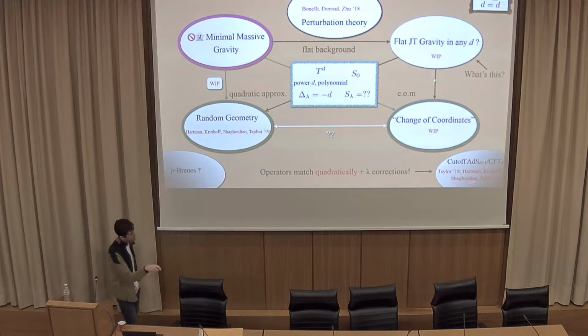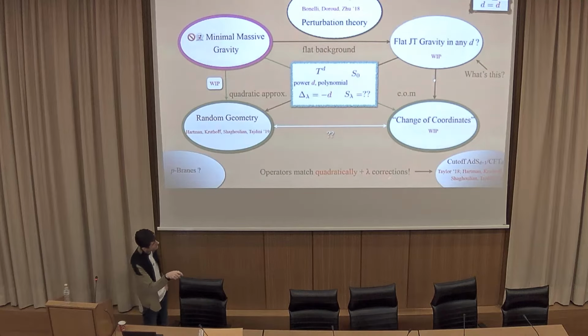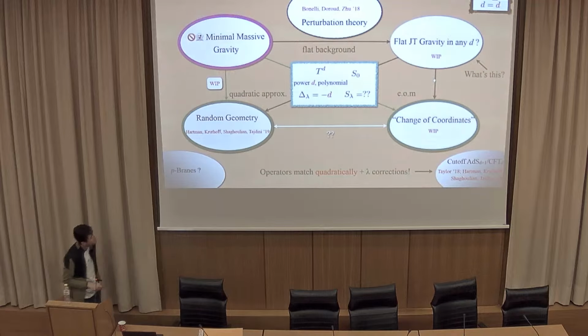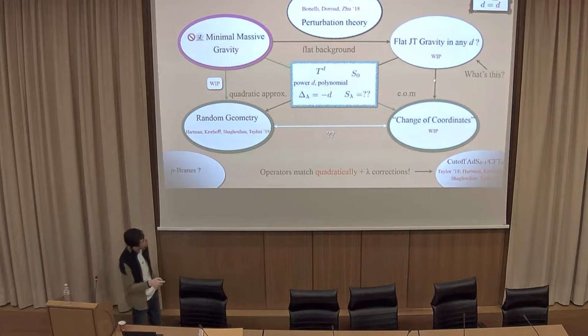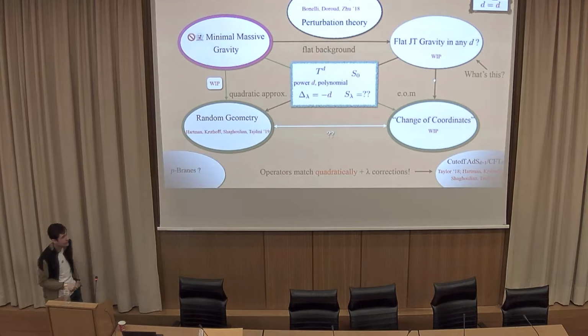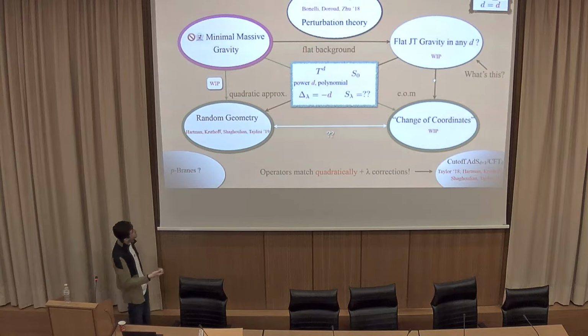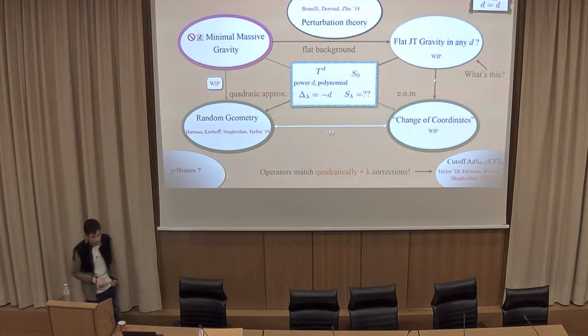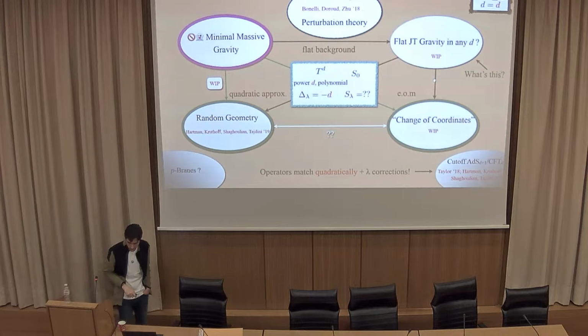As mentioned before, we get an operator that matches quadratically to the Carl AdS t plus 1 story. However, there are 2 things that we are not able to do. If this flat JT gravity picture exists in higher dimensions, that would be very interesting. And also, in d equals 2 we had strings, so the very natural thing to assume is that you might get some dynamics of p-branes in higher dimensions. However, we still do not know.